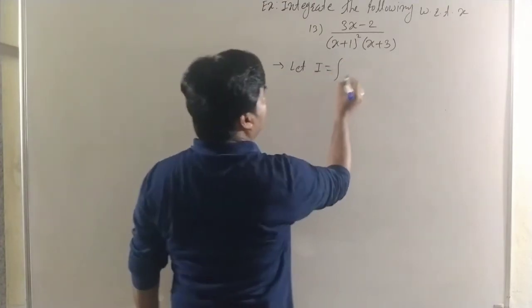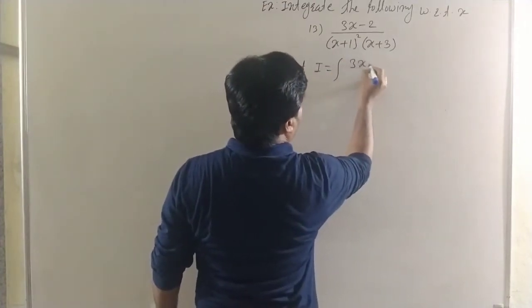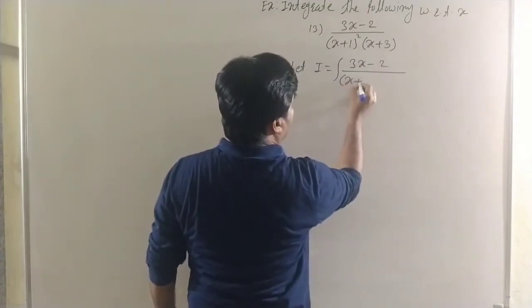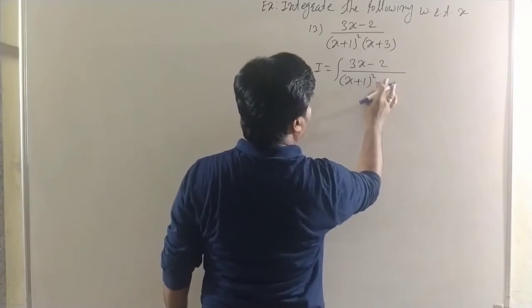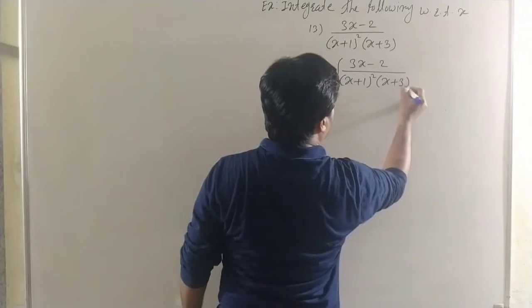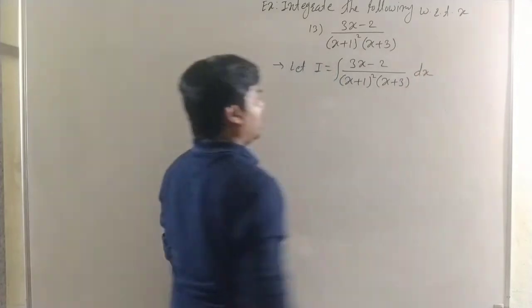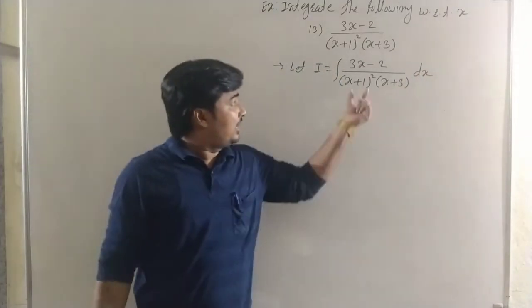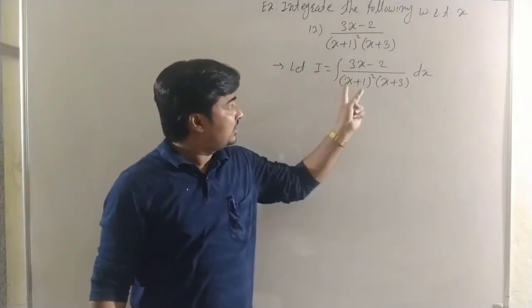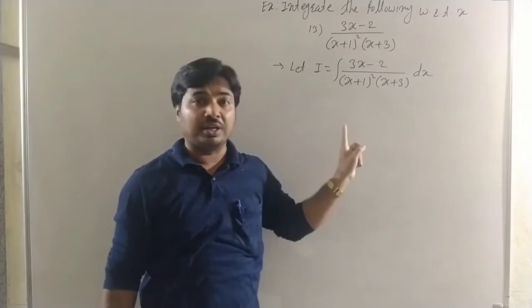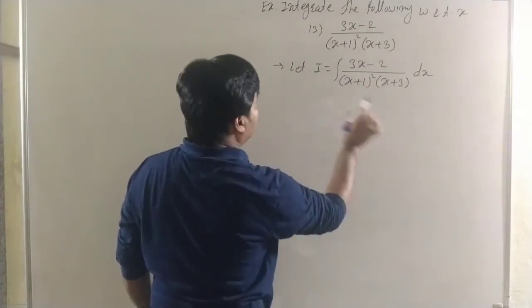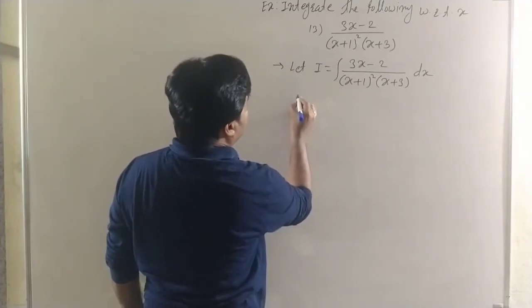Therefore, let I be equal to the integral of (3x minus 2) upon (x plus 1) whole square into (x plus 3) with respect to x. Now here the denominator contains three linear factors, but two of the linear factors are repeated. So this rational function, see carefully, in partial fraction form is